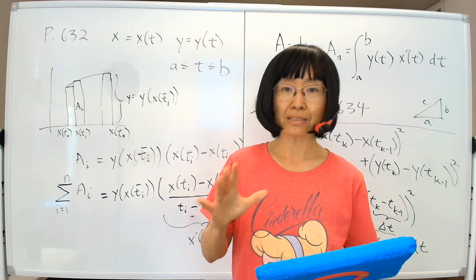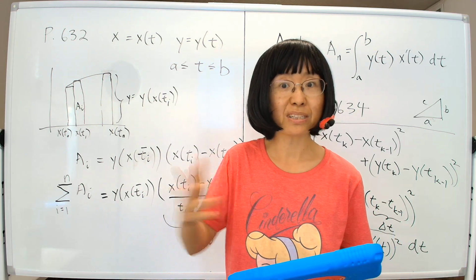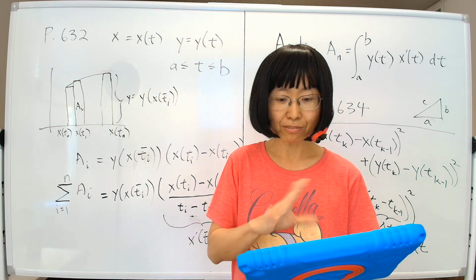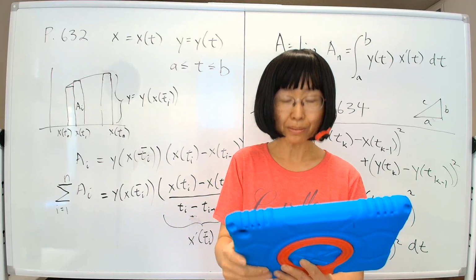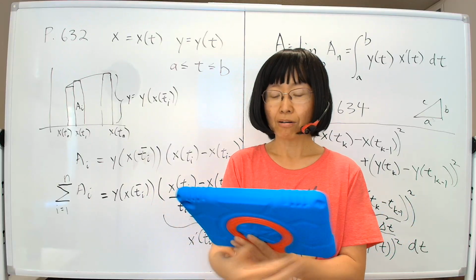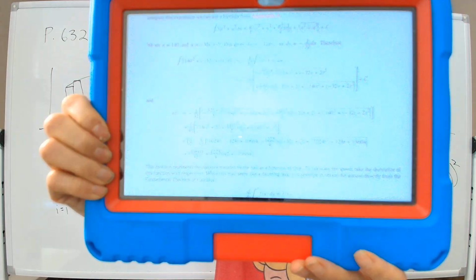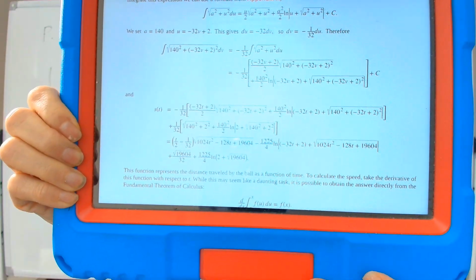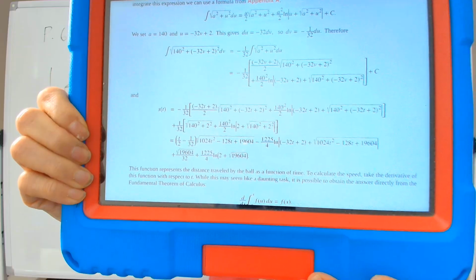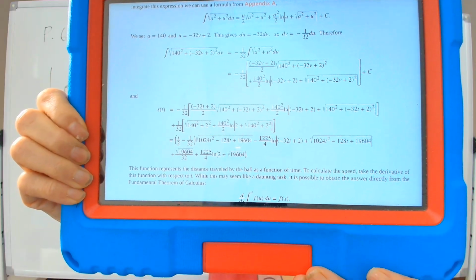And remember, messy does not equal difficult. Messy just means you have to write a lot of stuff. But the principle is very simple, or straightforward, because the integration is already done. You just have to plug the numbers in. The only problem is you have a ton of stuff to plug in, see? And eventually,